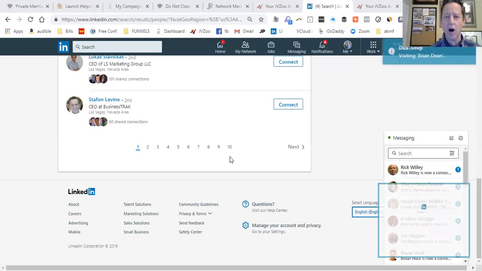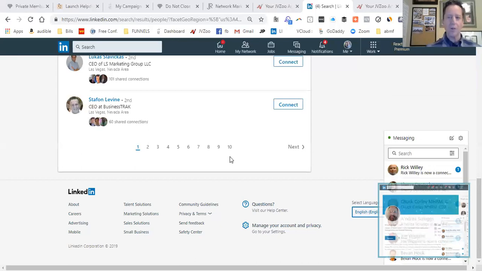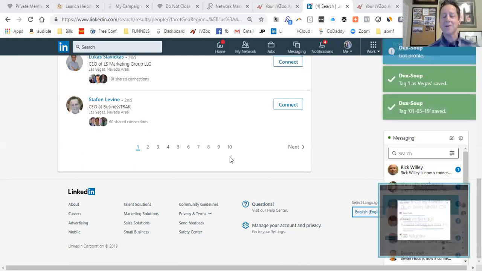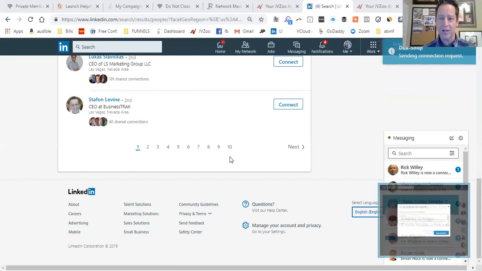But you can literally automate the entire front end of the process until it's time to actually get on the phone with somebody. Duck Soup, this app, can do all of the online pieces of it for you. And so I will use it all the way from making new contacts, doing the follow-up message, and even scheduling a phone call. And all of that will be 100% automated. And so I would encourage you guys, again, if you're looking for more leverage, more efficiency, better productivity out of your time, you cannot afford to not be using this app.